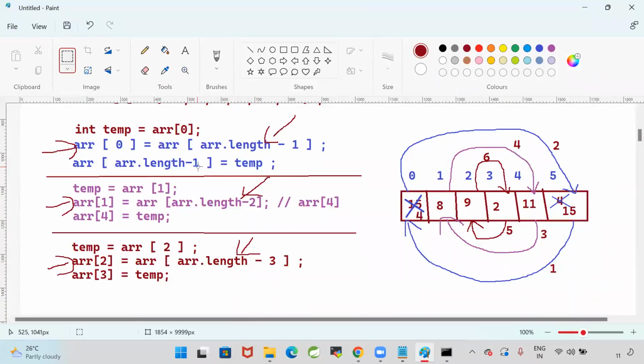Length minus 1 minus I, again we need to write the I. If you want to do with one loop, minus I minus 1. Minus 1 minus I. I value will increase, this value is going to increase. This left side value,